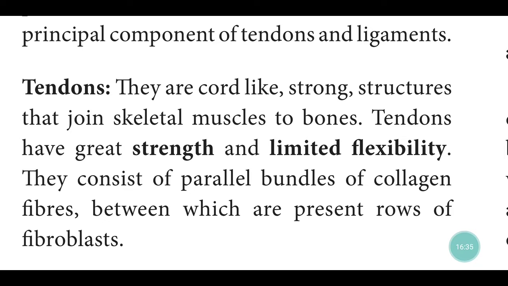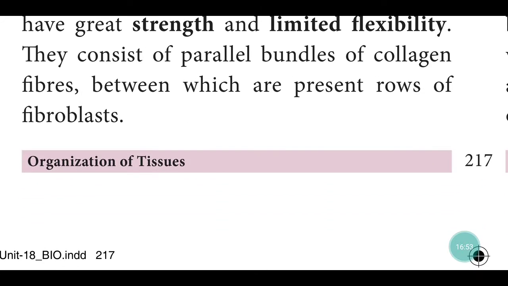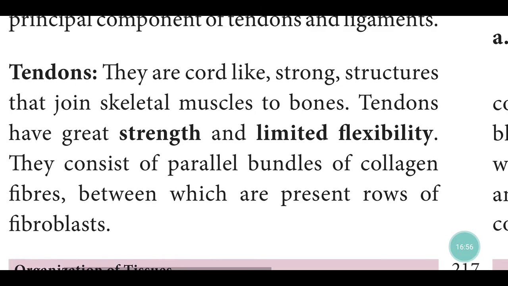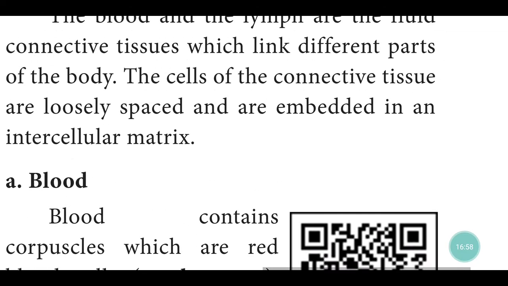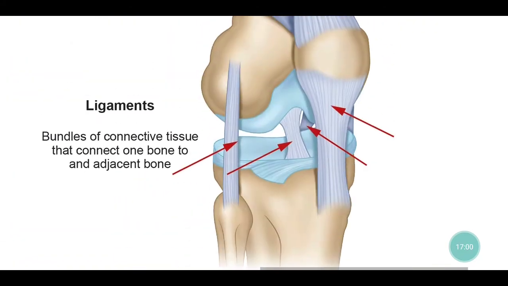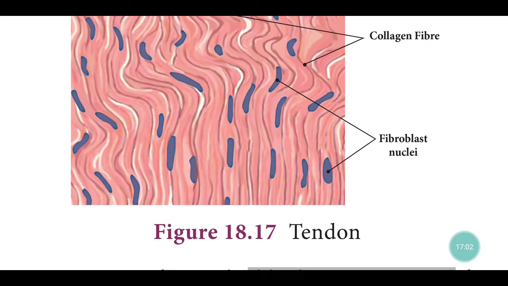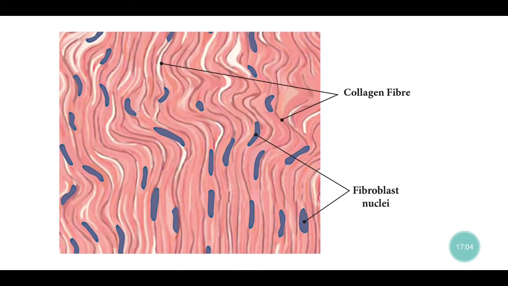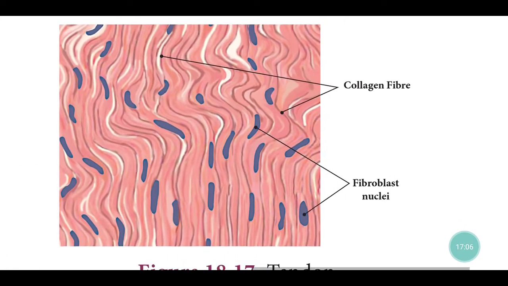Tendons have great strength and limited flexibility. They consist of parallel bundles. What are bundles? Several cords, a bunch of threads of collagen fibers, between which are present rows of fibroblasts. Okay, you see the tendon structure. This is a tendon, we can see collagen fiber and fibroblast nuclei. Next,